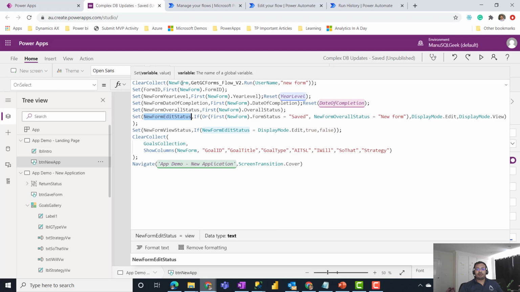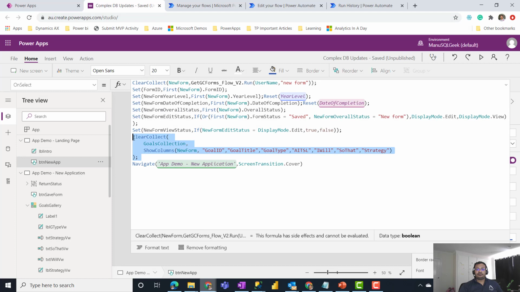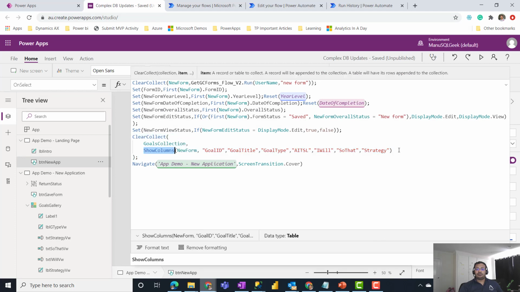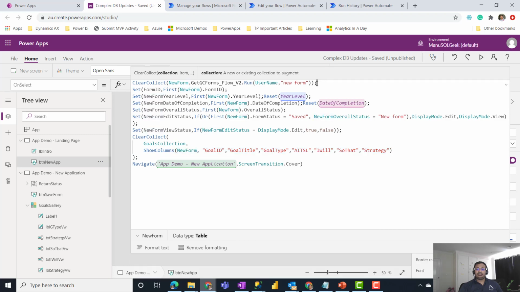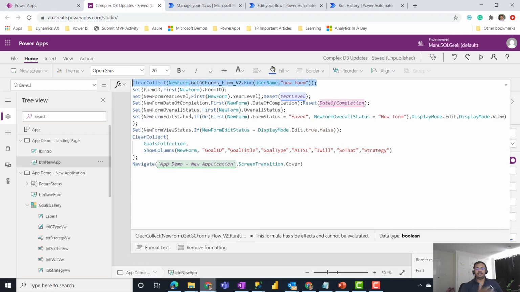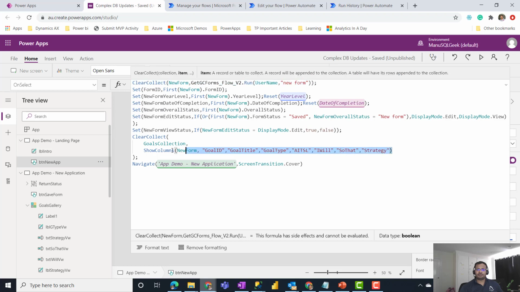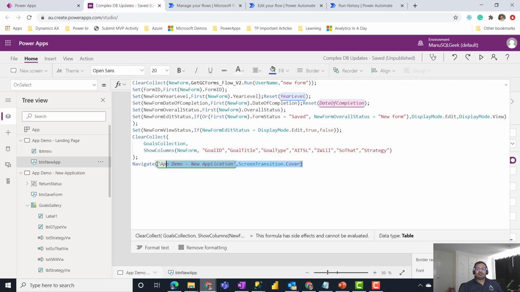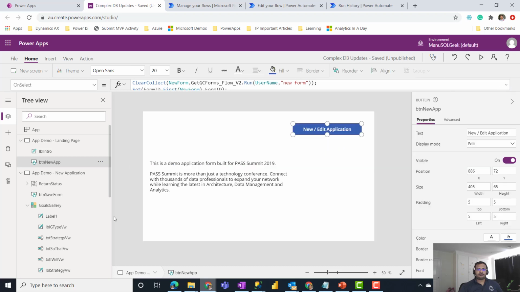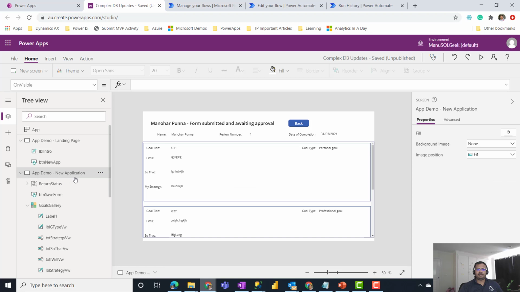And then once I have got that collection, then I'm creating a collection for the goals. So out of this collection, which has got all my data, including the form and the goals, I'm just extracting the columns that are related to the goals into a separate collection called goals collection. And then I'm navigating to my goals screen. So now in my app demo new application, which is my goals screen,